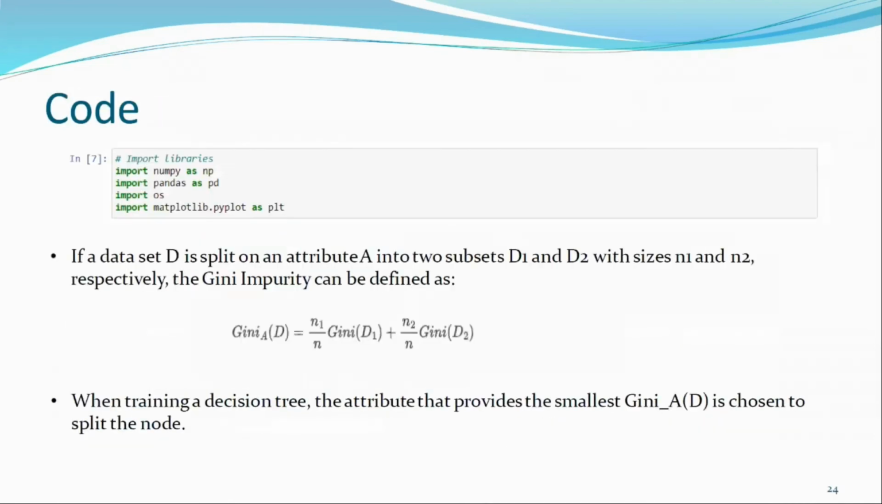That is the weighted impurity. So when training a decision tree, the attribute that provides the smallest Gini impurity is used to split the nodes. So we have imported our libraries. Now,